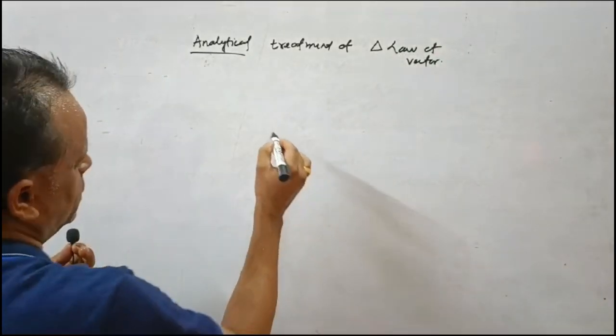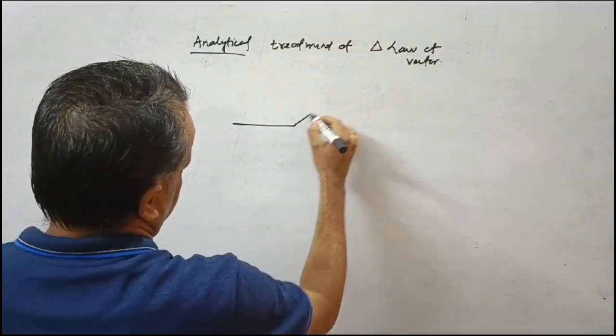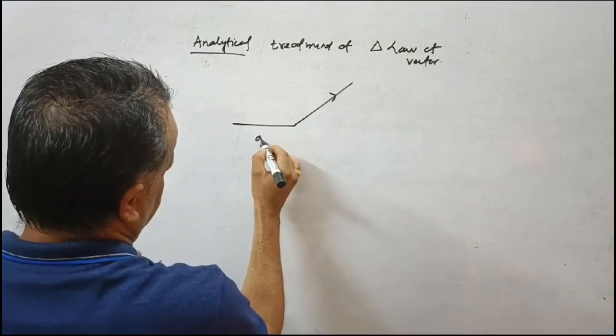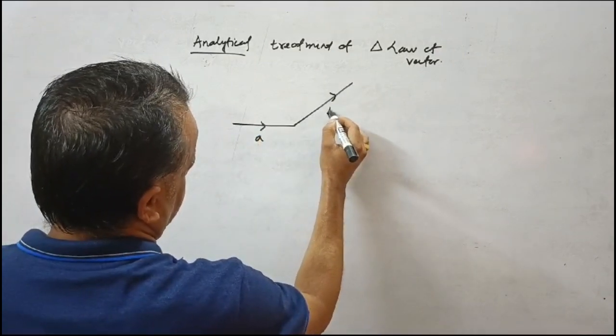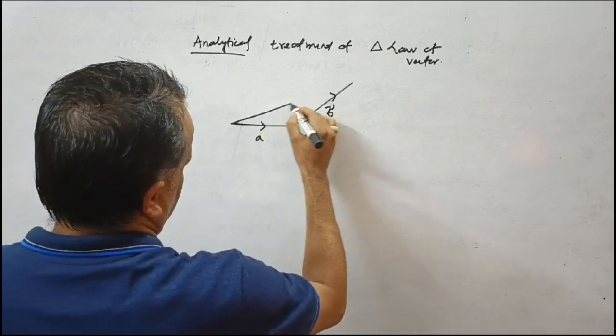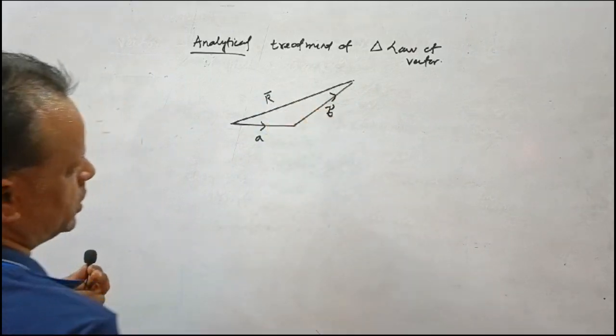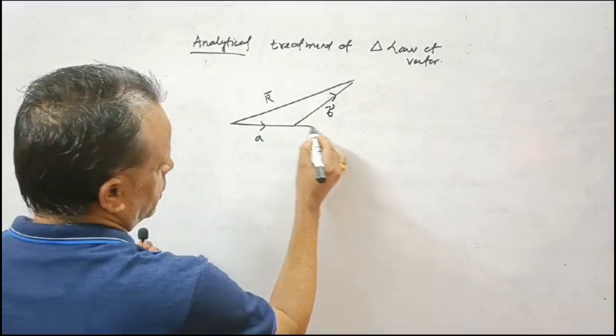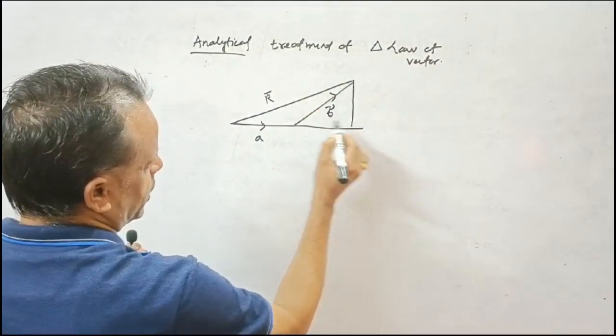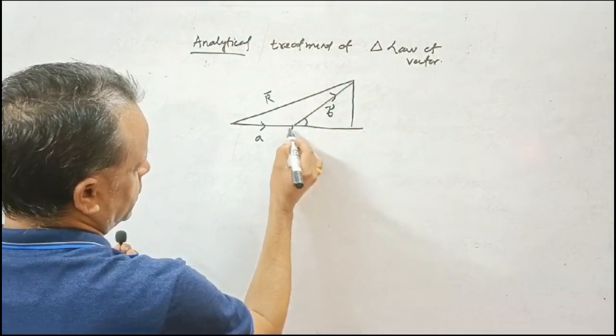See, we have two vectors, they are represented by two adjacent sides of a triangle. We have this as the resultant vector. See, what we'll do is, let us suppose the angle vectors A and B make with each other is